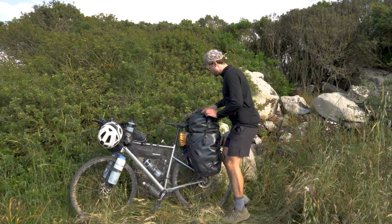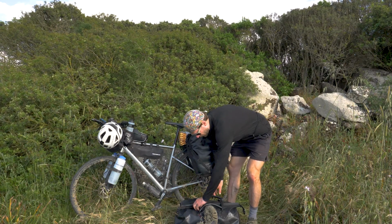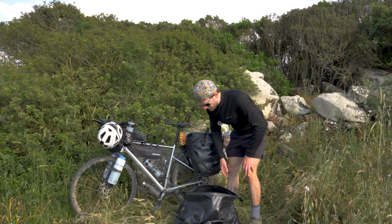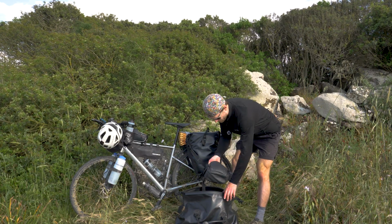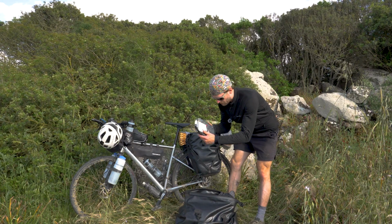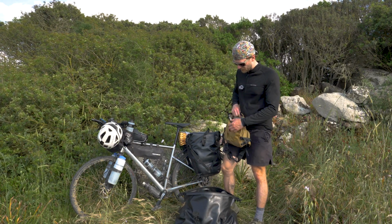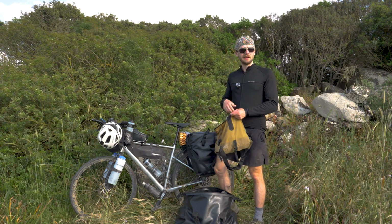So first one, top bag, unclips like that. And I just have my sandals on a carabiner there, just for quick access to the beach. So this stuff mostly has my camera stuff. So the camera that I'm filming with there, mic, shotgun mic. I got a bum bag here, which just has my stuff in, just like a power bank, stuff that I'd take around with me,